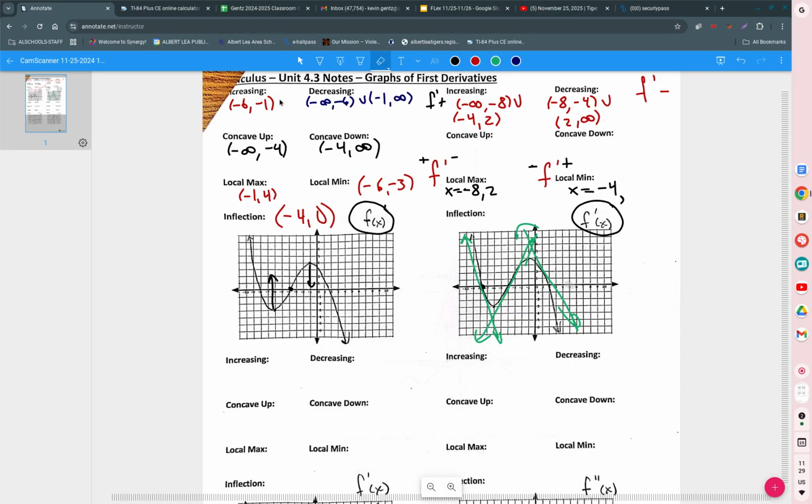Notice as we look at this graph that when I draw the red, it will be concave down because all the tangent lines will have a negative slope, and at the blue is where it will be concave up because that's where the tangent lines will have a positive slope. So concave up will be from